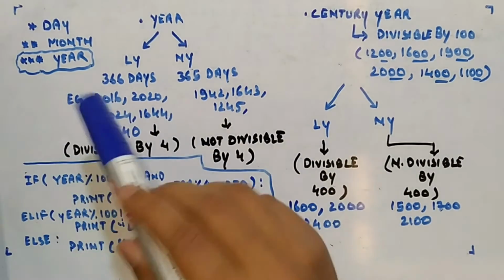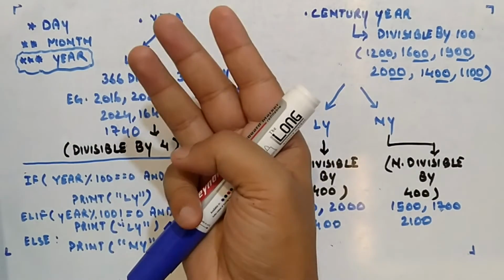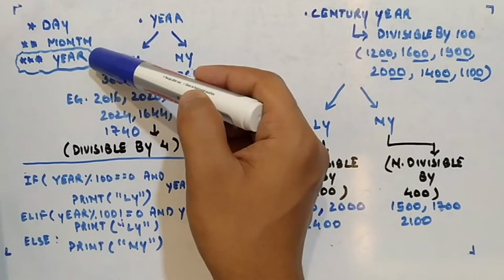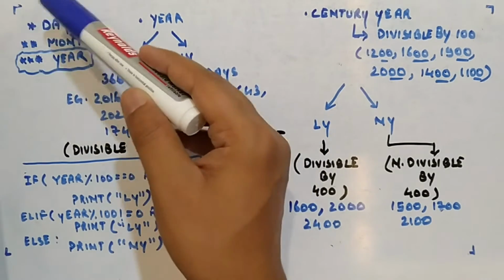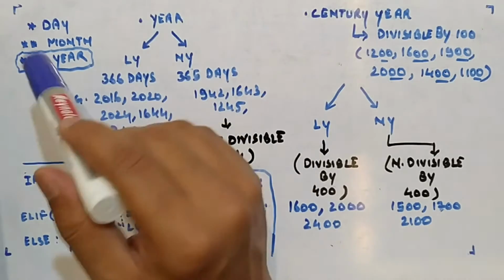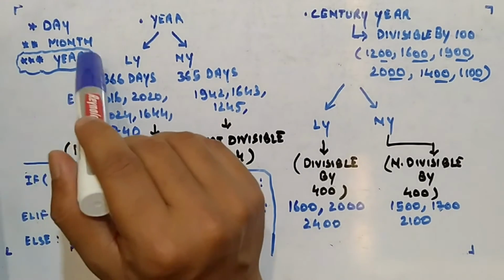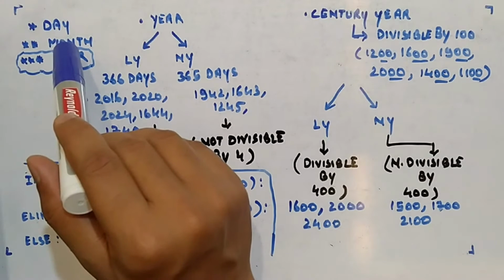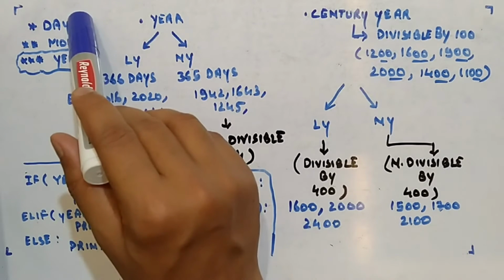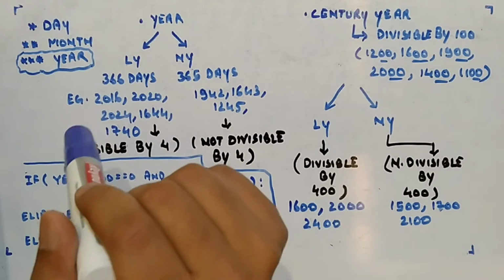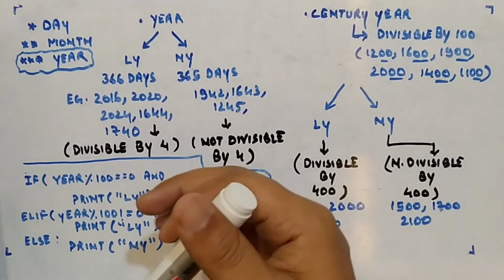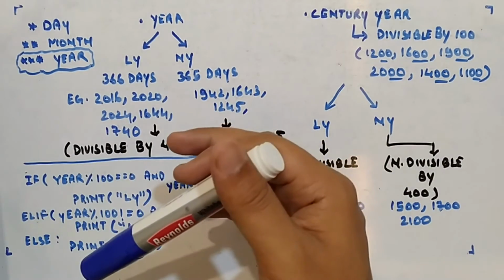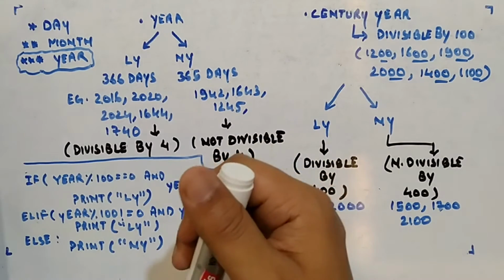I'll start with year first. So we have three things to crack. First we have to crack day, then month, then year. How are we going to implement these three things? The most complicated is year, because a lot of code will be written inside this. Then complexity wise month will come. Then the easiest one is day. Basically we are trying to find, for a given year, the number of odd days.